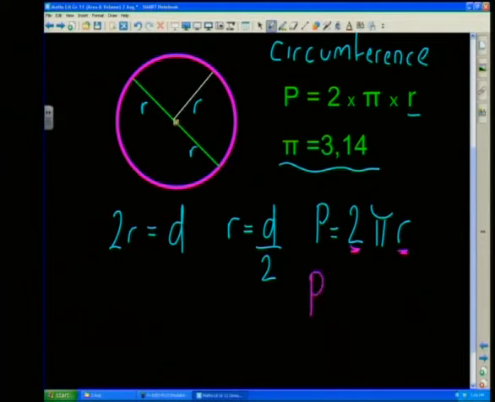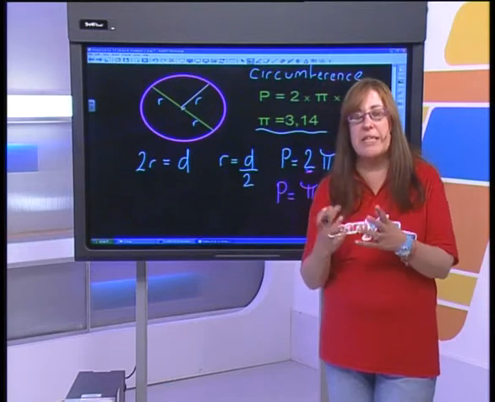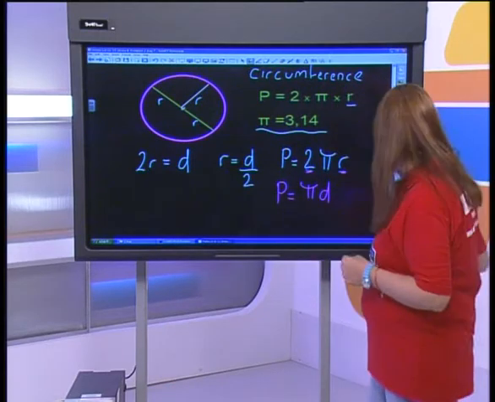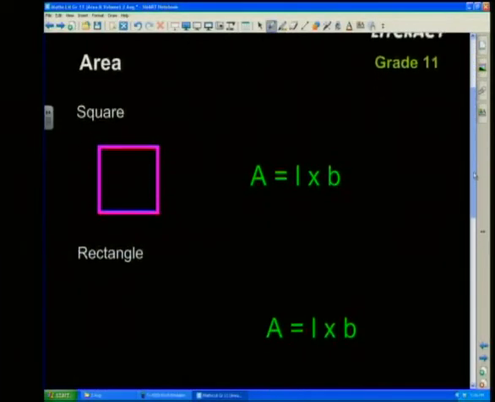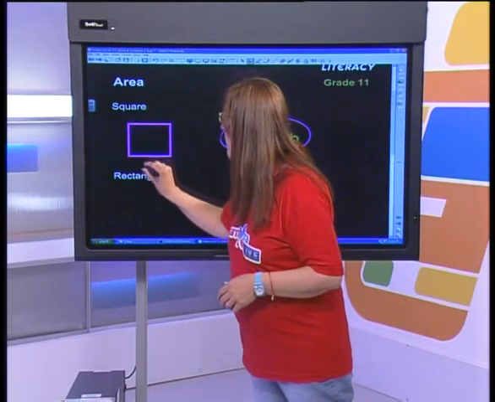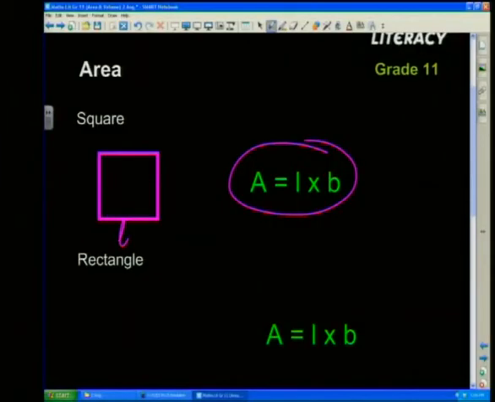But if I look at my formula of my perimeter equals 2 pi r, 2 times pi times the radius, there's my 2 and there's my radius, I can actually substitute in a diameter. So I can say that my perimeter is actually equal to pi times my diameter. If you see it like that, it might confuse you. That's the reason. I don't want you to be confused. Okay, let's move on to our area. Right, this is the one formula you probably will not be given. It's the one you need to learn, that the area of a square, in fact, is length times length. The area is actually